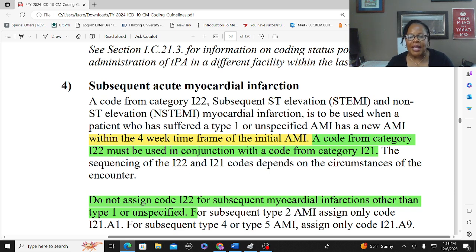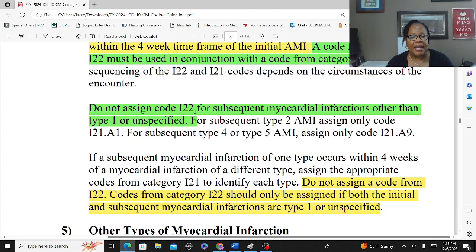A code from category I22 must be used in conjunction with the code from category I21. And then the sequencing of the I22 and the I21 codes depends on the circumstances of the encounter. But it says here, do not assign code I22 for subsequent myocardial infarctions other than type 1 or unspecified. For subsequent type 2 acute myocardial infarctions, assign only code I21.A1. For subsequent type 4 or type 5 acute myocardial infarctions, assign only code